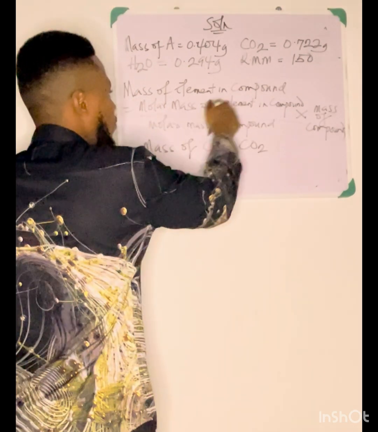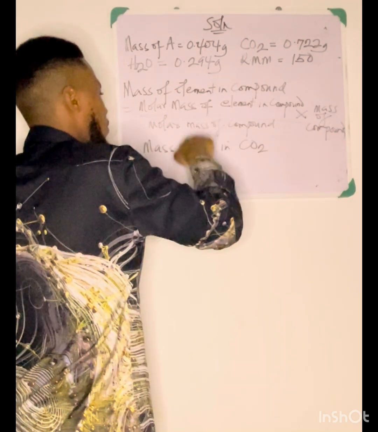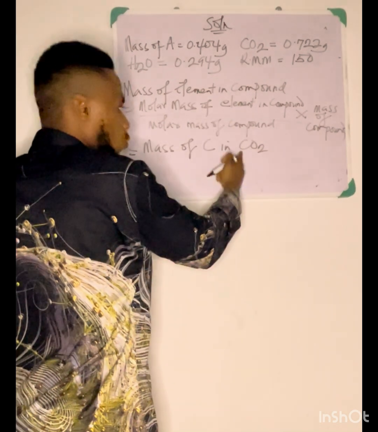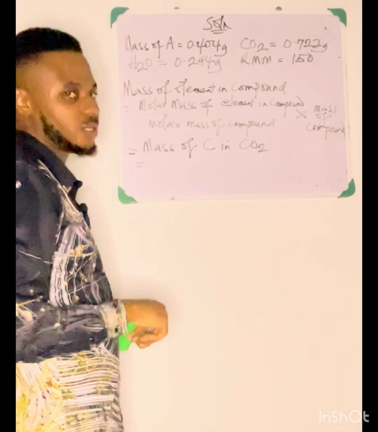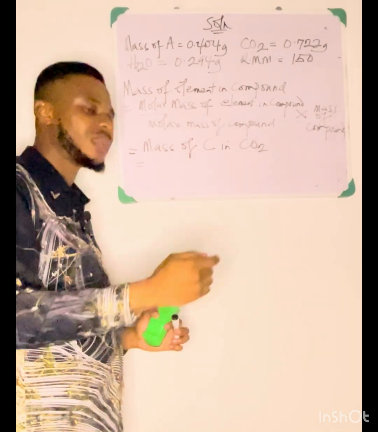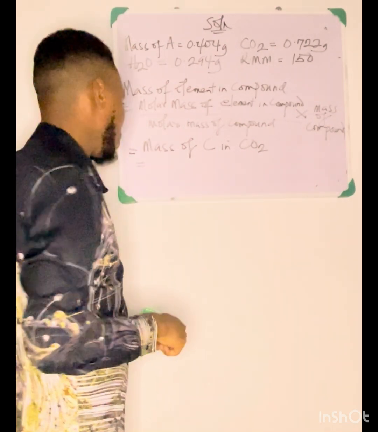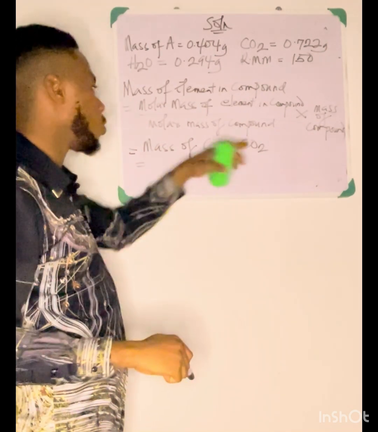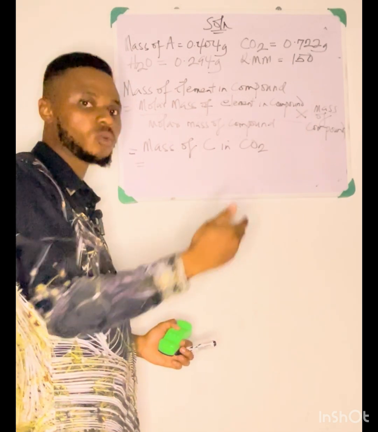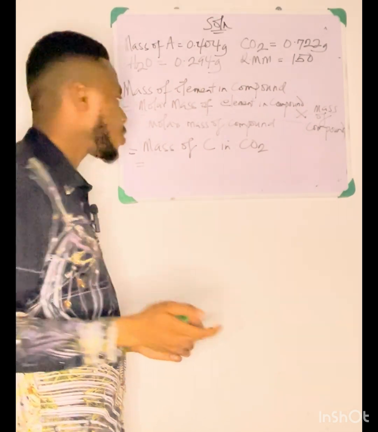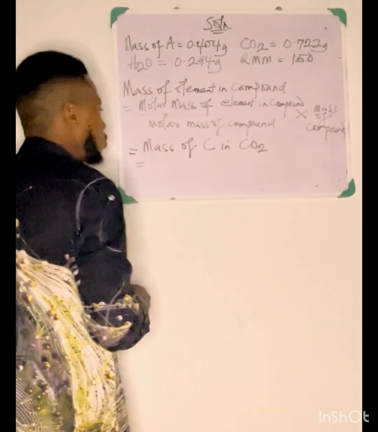What we mean by molar mass of element in compound is that for us to get the molar mass of the element in compound, we need to take note of how many atoms of that element are in the compound. We multiply the normal molar mass by the number of times that particular element appeared in the compound. Look at what I mean. Carbon is 1 here. Molar mass of carbon is 12. But if carbon were to be 2 here, we'd say 12 times 2. That will give us 24. But we are going to use only 12 here.